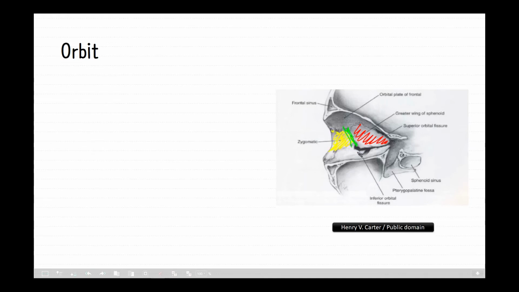They meet at the sphenozygomatic suture here. The zygomatic surface contains the opening of minute canals for zygomaticofacial and zygomaticotemporal nerves. The zygomaticofacial nerve is near the junction of the floor and lateral wall, probably around here, and the zygomaticotemporal nerve is located at a slightly higher level, sometimes near the sphenozygomatic suture. The names of these openings are zygomatico-orbital foramen,